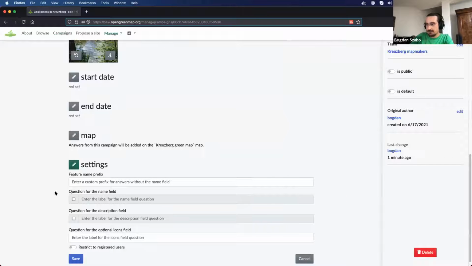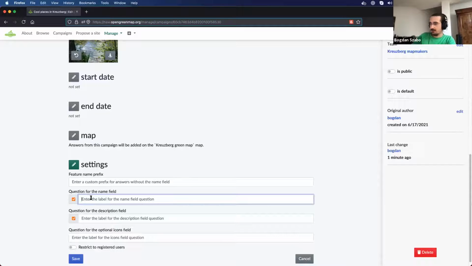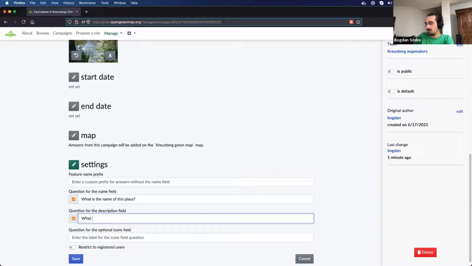So here under the settings section, I can ask a few questions. And the first question, the answer for this first question will be set as the site name. So you can ask what is the name of this place. And then we can ask something for the description and maybe what makes